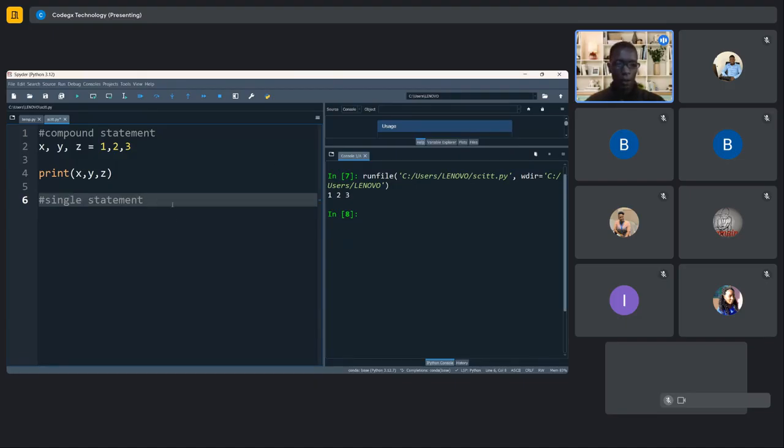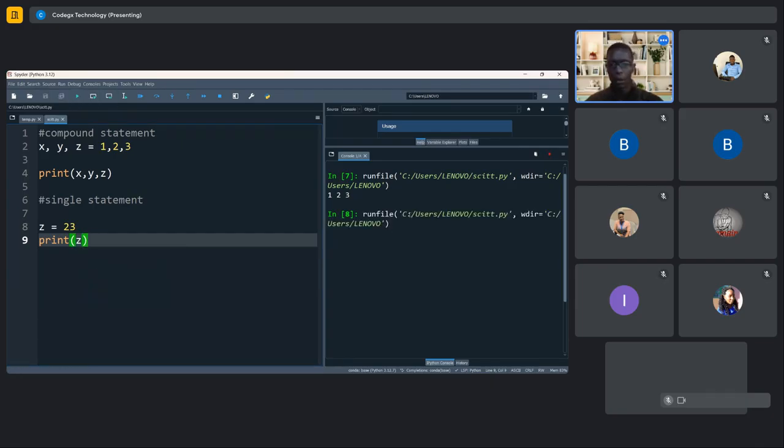So if you're having a problem, z is equal to z, for instance, z is equal to 23. And this is a single statement, and I wanted just to bring this to attention, okay? And so if you just comment this out,